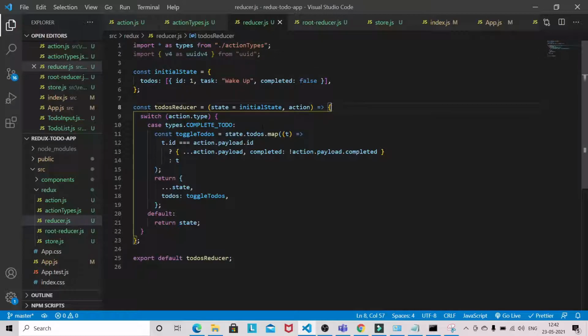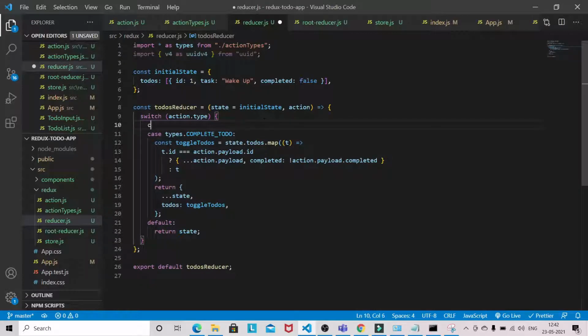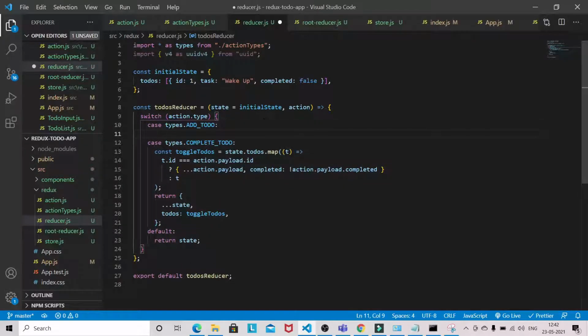Now here we will write another case, case add to-do. While adding the to-do, we have to generate an ID.